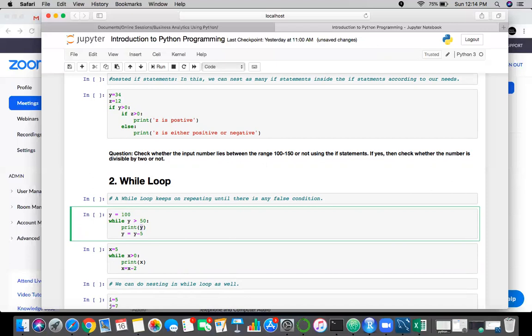That is your 100 got printed. Then in the next loop, y becomes 100 minus 5, right? And then it gets converted to 95, greater than 50, true, it will get printed. Again 95 minus 5, 90, it will come again here, 90 greater than 50, it will get printed. So in each loop you'll have to change the condition. Okay, and the moment it becomes less than or equal to 50, this will get terminated, and the loop will